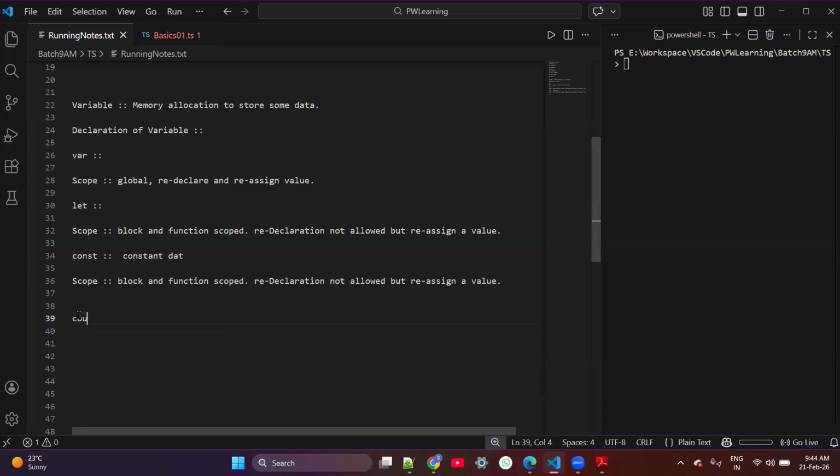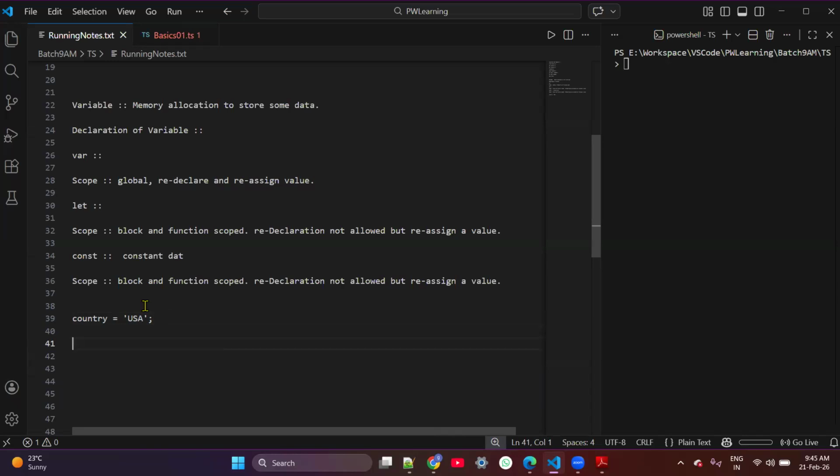For example, a country name. For a candidate who is from a specific country, it is a constant. For US citizens, USA is the country, which is a constant value. For Indians, India is a constant value. For a specific country's citizens, that country name is constant. So to declare this type of data, or else